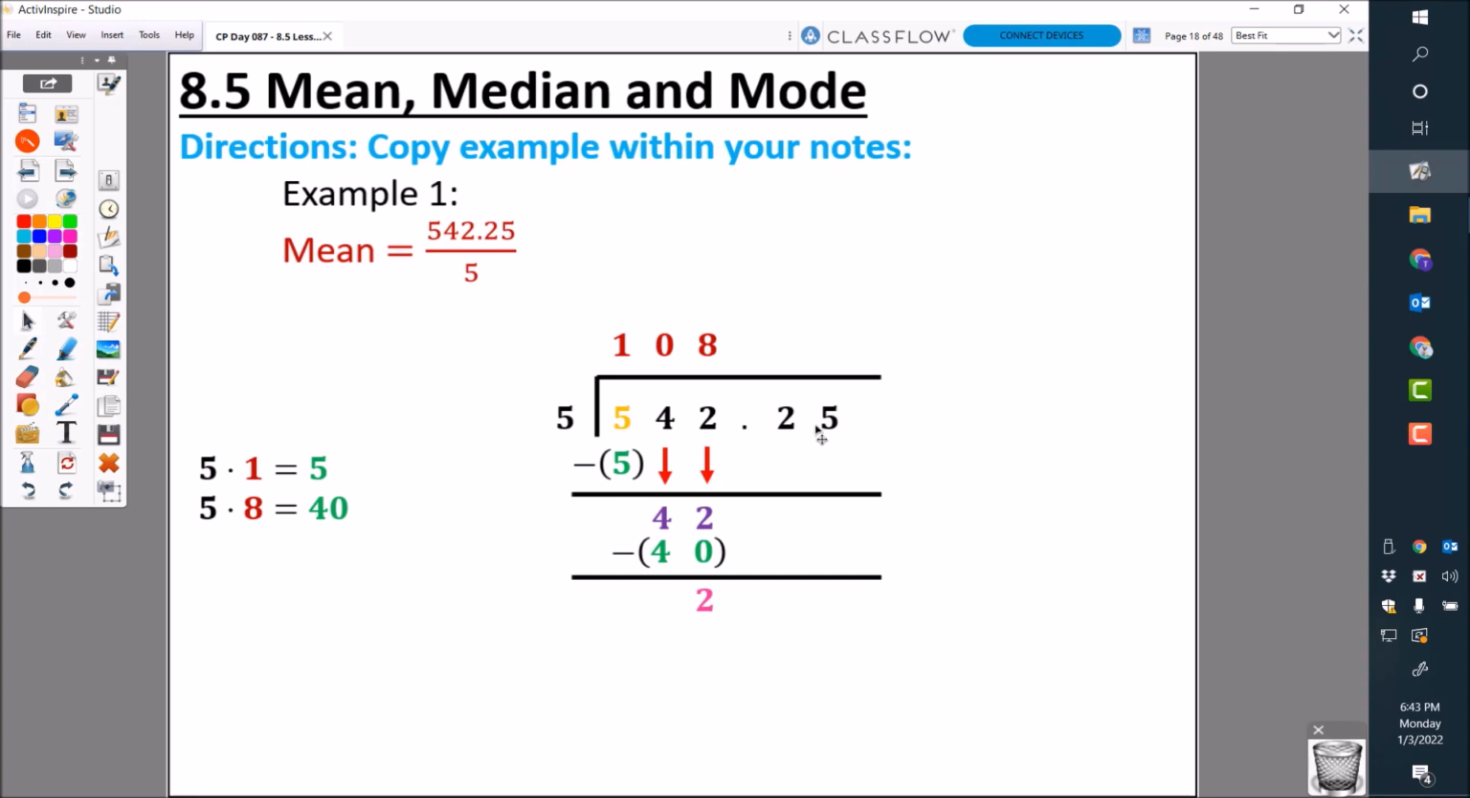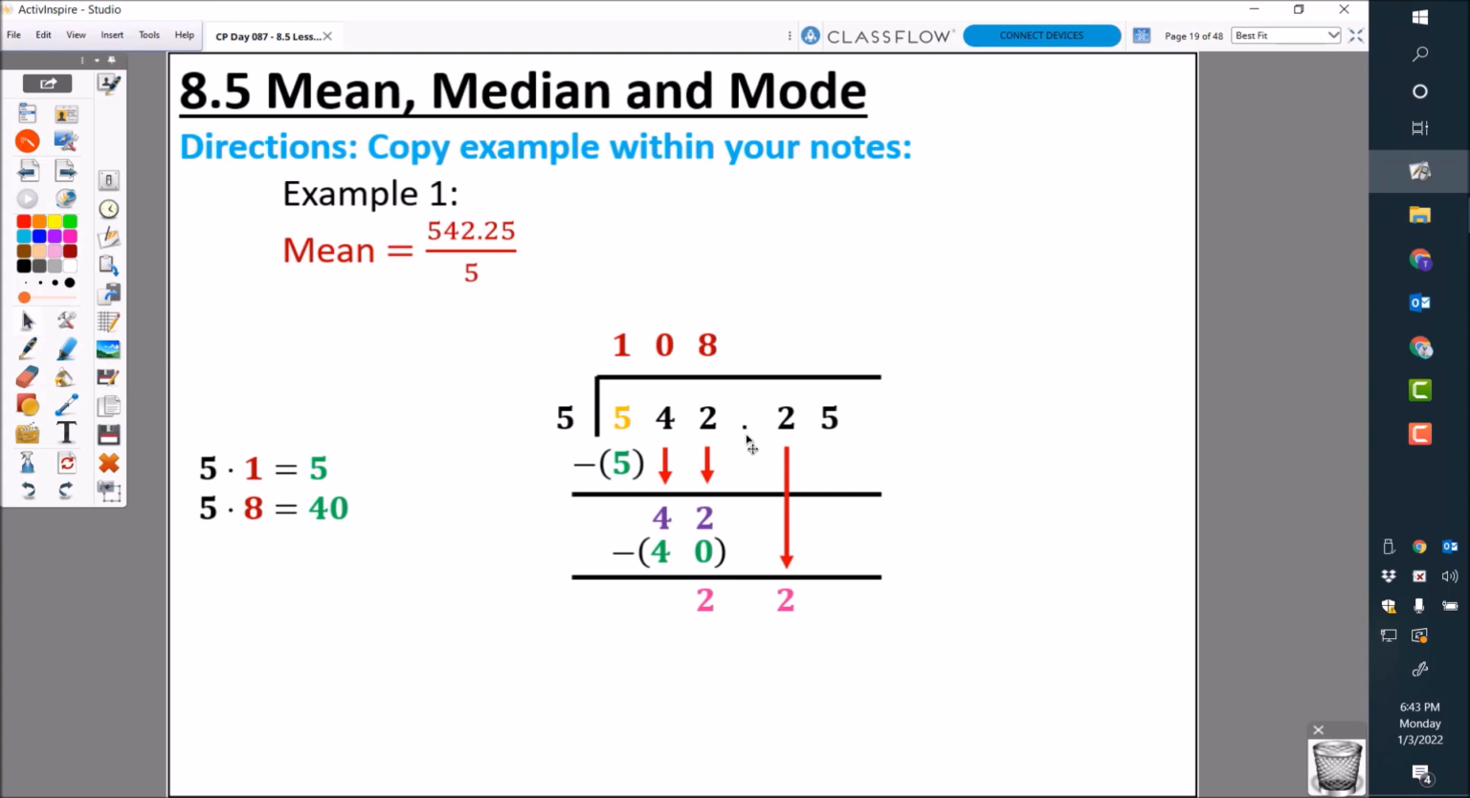So I'm going to keep going because I still have some more numbers. After I subtract and have a remainder of 2, I'm going to repeat the process. I'm going to bring down the 2 that's next inside the division. So instead of 2, I have 22. Now, the process is going to be the same, but one thing I want to talk about is since we